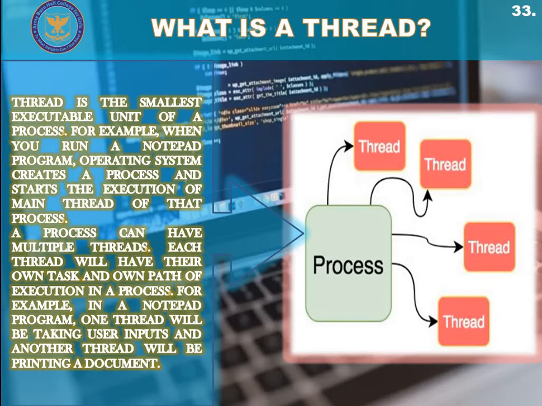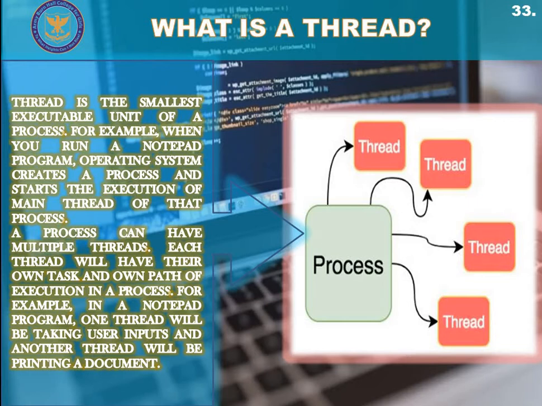When you initiate or click any instruction, that means you have started a process inside that program. If you click multiple options or multiple instructions inside a software or a program, that means you have started multiple processes. Because after you click that instruction, the CPU starts execution of that instruction. The CPU applies that instruction on your data, and that is called a process. And inside every process there are one or multiple threads.